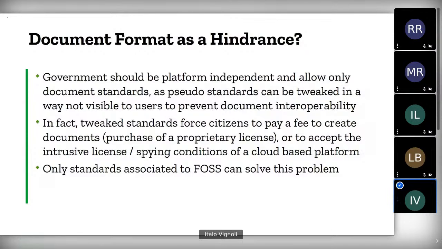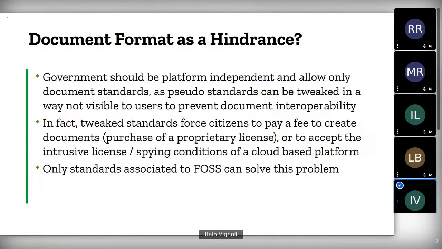Document formats, in addition, are a blocker in some cases. Government should be platform independent and allow only document standards, because the known standards can be tweaked in a way which is not visible, to prevent interoperability. In addition, in some cases, proprietary formats are enforced. I have a recent experience in Italy of one of the most important authorities that forces